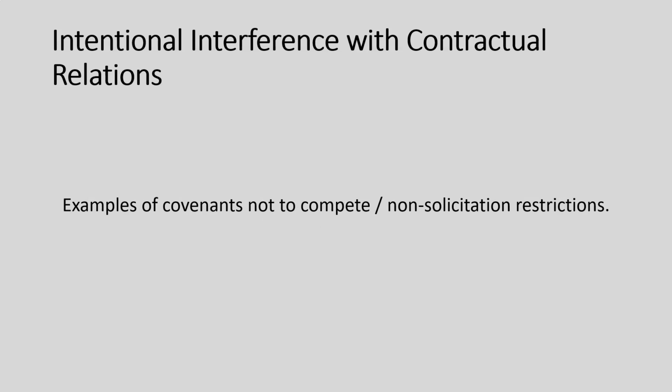Let me give you some examples also of interference with contractual relations. You may have heard of the term covenant not to compete or covenants not to solicit. We'll talk about those types of employment aspects in the upcoming chapters in the next few weeks dealing with employment law. But a covenant not to compete would be where an employer, for example, employs an employee with the condition that they're not going to leave the company's employment and then directly compete for a period of time against that company's interest with a so-called competitor.